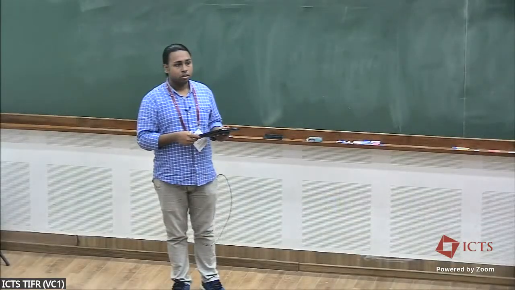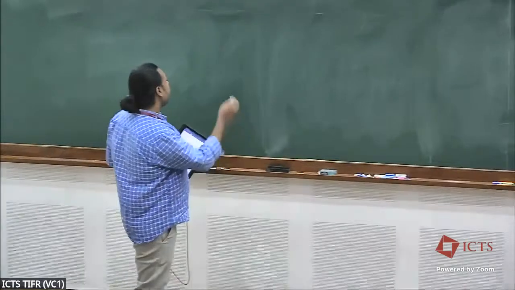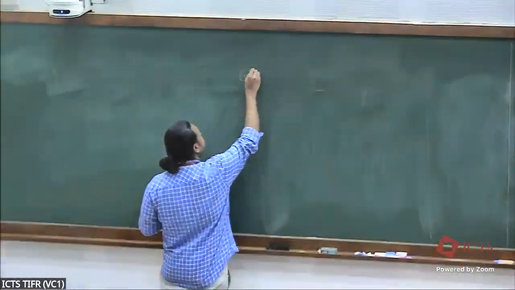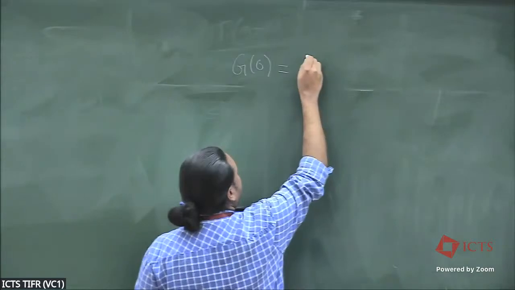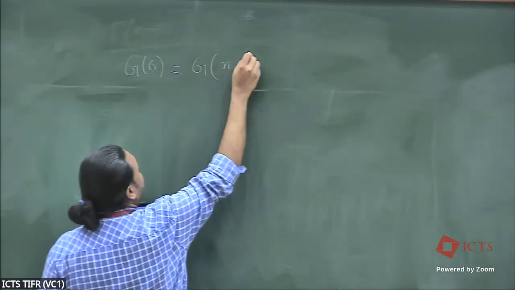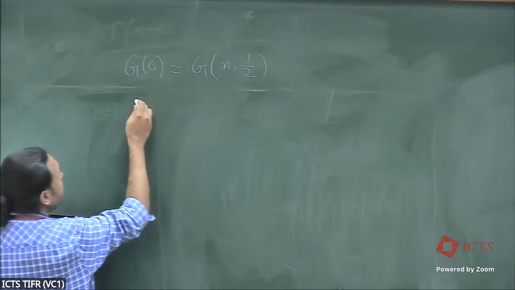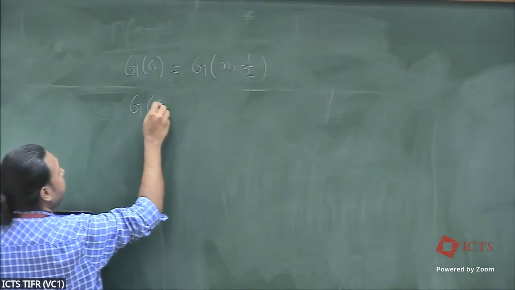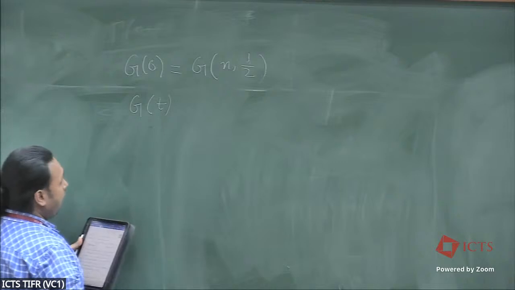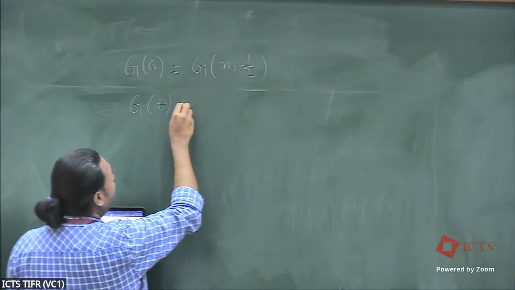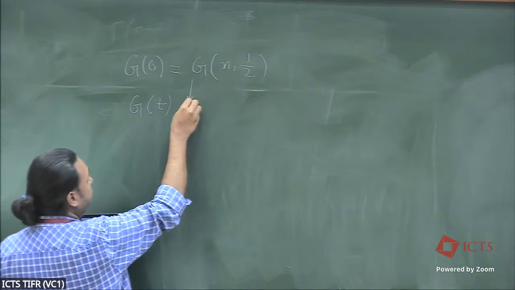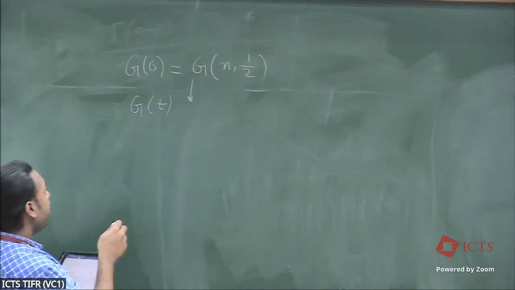Okay, so as Max explained, consider the initial graph G0, which is just the Erdos-Renyi graph with parameters n and one half. And suppose you are at time t and your graph is G_t at time t. So this is the evolved graph from G(n,p) at time t. And this is obtained via